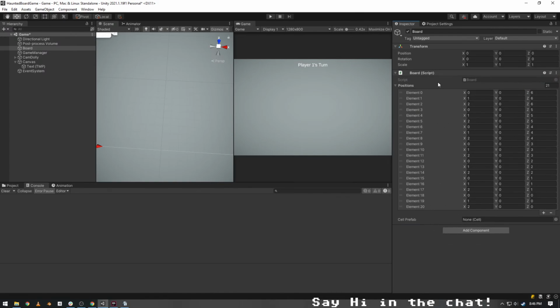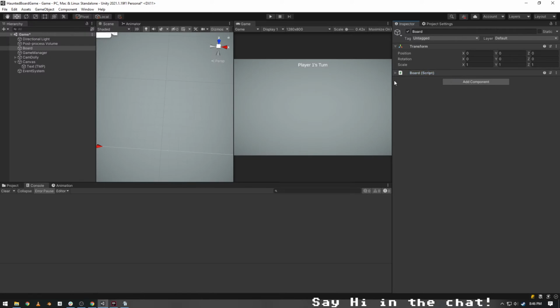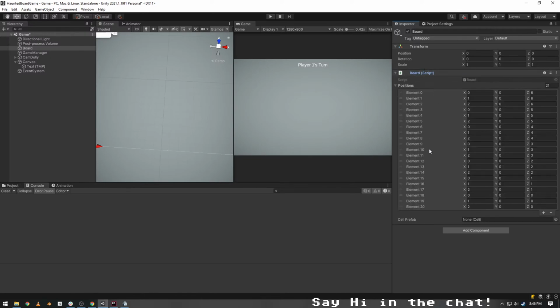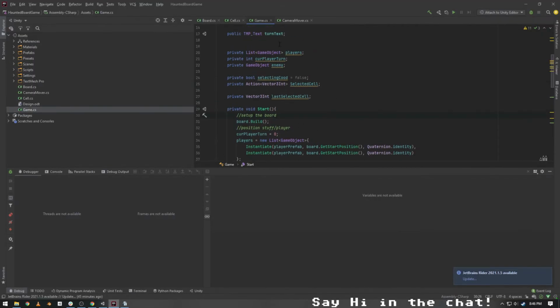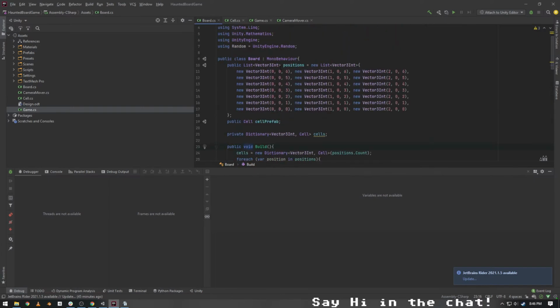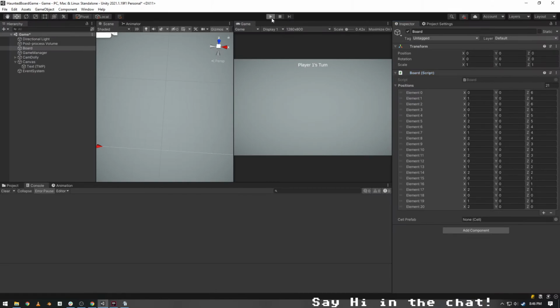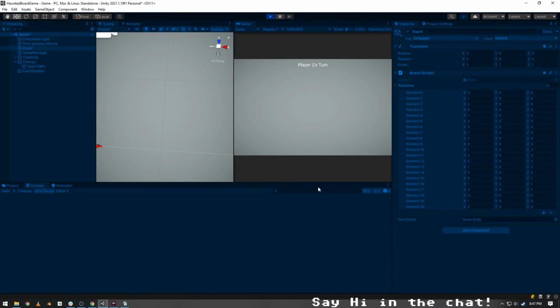So it serialized this value, the positions value, with only 9 in it, and stored that. Because we didn't come in here and update it, it stored this instance of the board script with the value of only 9. We didn't go and refresh it, even though I'm statically setting it in a script, right? I'm setting it here. It doesn't update this value. So now when I run it, because we have all 21, after we compile again,